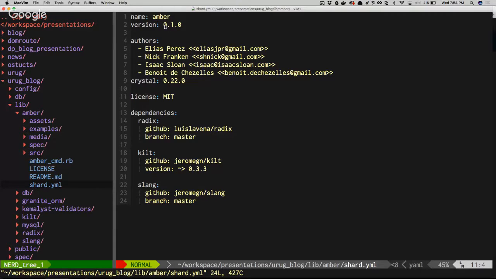Anyway, it maybe needs a better name, but basically it creates a tag, takes an optional comment, and changes the value in two places, like your version file inside of source and your version here. The comment is basically bumping the version, and then it pushes the tag up to GitHub. As far as Amber, we do have some stuff to do that.